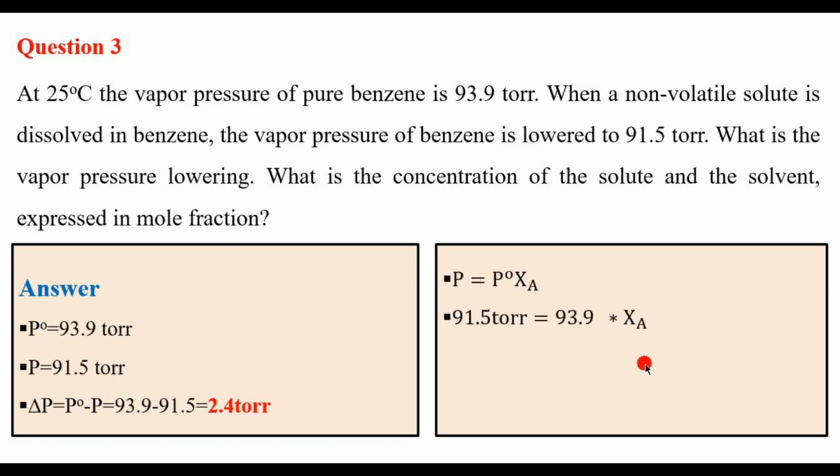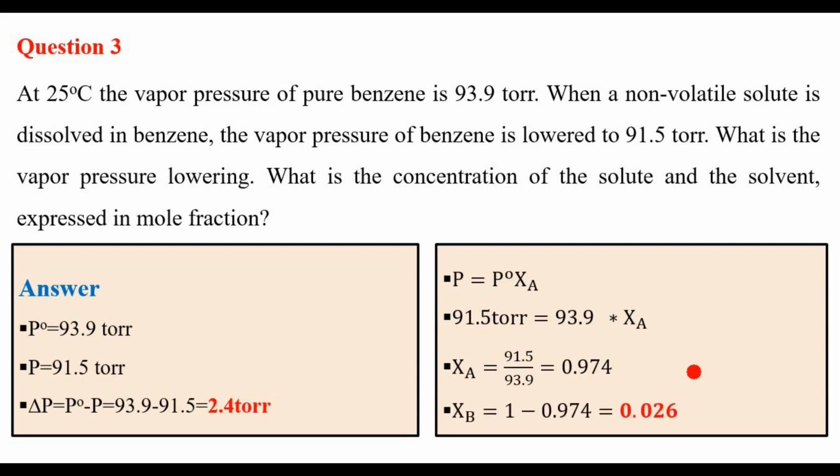Then after getting the mole fraction of the pure solvent by taking the vapor pressure of the solution dividing with the vapor pressure of the pure solvent, we get the mole fraction of the pure solvent. And after getting this mole fraction, we can determine the mole fraction of the solid, because we know that the mole fraction of the solid plus the mole fraction of the pure solvent should be equal to 1. Then that means the mole fraction of the solid is equal to 1 minus the mole fraction of the